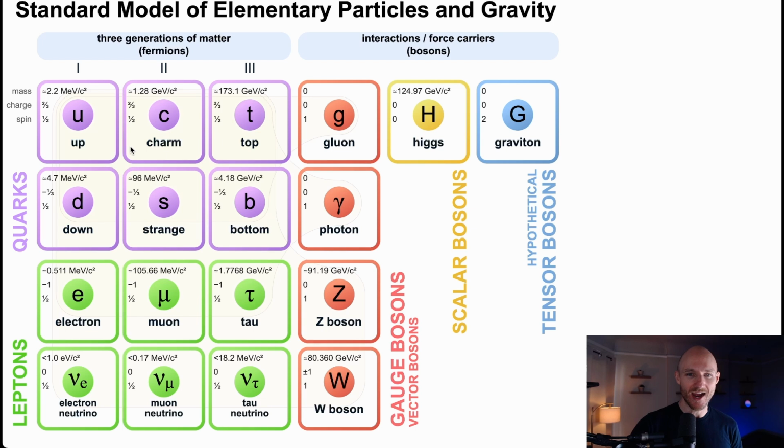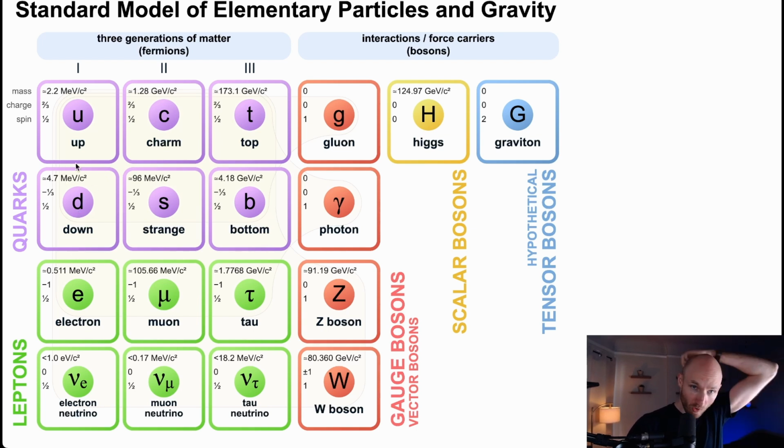Another key part of this little chart, the Standard Model, is to ignore the second and third columns. Those things are just heavier versions of the things that we know and love, like electrons. So you don't really need to think about muons or tau. Just think about electrons. So we're looking at this first column here: up and down quark, and then electrons and electron neutrinos. We're going to mostly talk about up and down quarks today with a little bit of electrons.